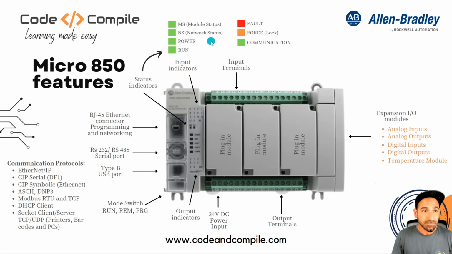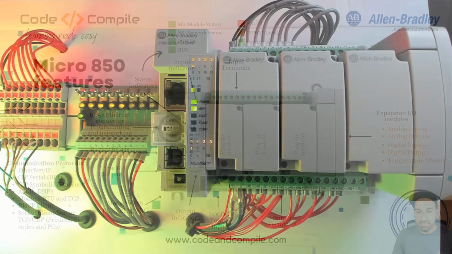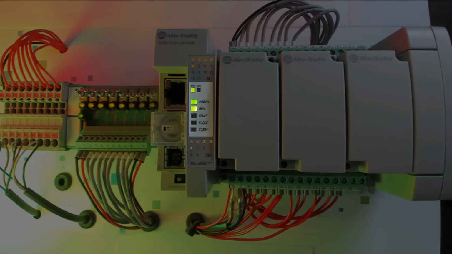We'll see the status of this PLC while programming the PLC, and then I can explain to you much better about the status. But very quickly, you can see the status on the PLC. At the moment, MS is module status, which means there is no problem in the module. NS is network status, and you see there is no Ethernet cable connected, so network status is off. And the PLC is powered on, and it's at run state without any fault, without any force, and without any communication